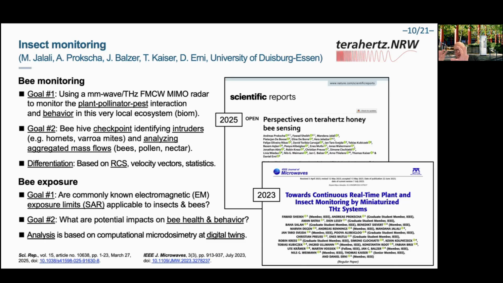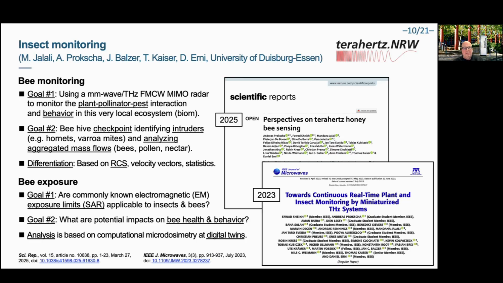So you could think of my starting slide where you see the blossom and the hovering insect. That would be such a local ecosystem. We could also use the same system at the entrance of a beehive to establish a sort of checkpoint that is capable of identifying intruders like hornets or even varroa mites that are carried into the hive with the bees themselves. And more interesting, and this is also a more far-reaching goal, we also want to analyze aggregated mass flows